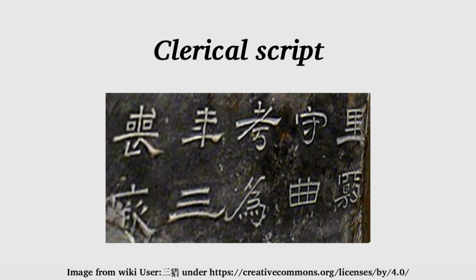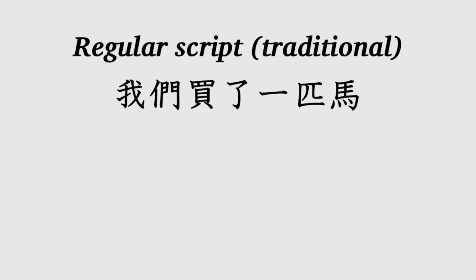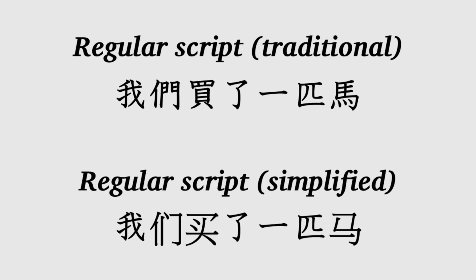This lasted until the 3rd century AD, when it was adapted into the regular script, the style used until the introduction of simplified characters by the Chinese Communist Party from the 50s in China, and regular script still being used